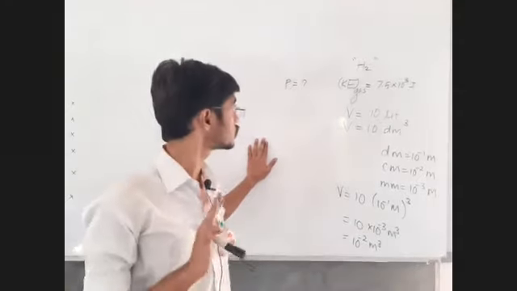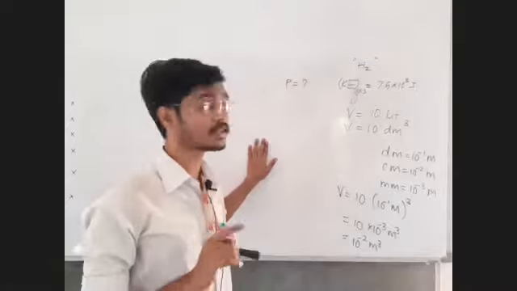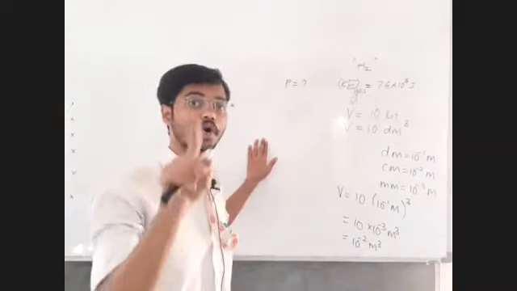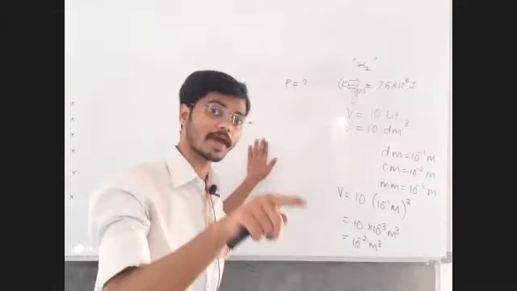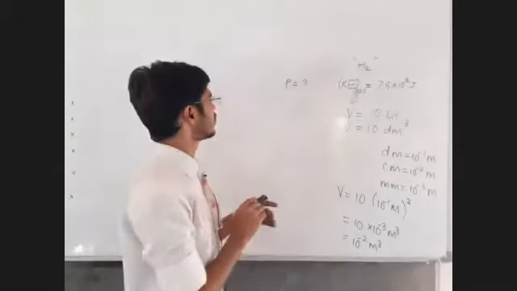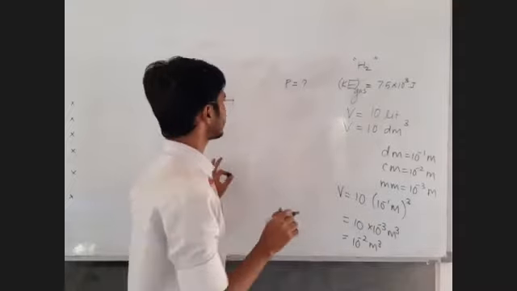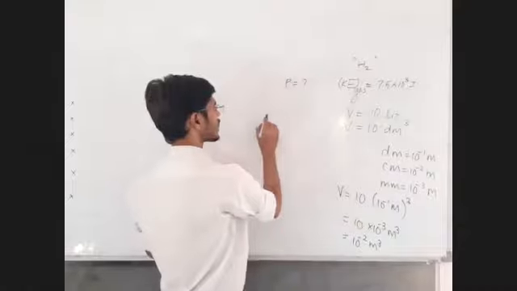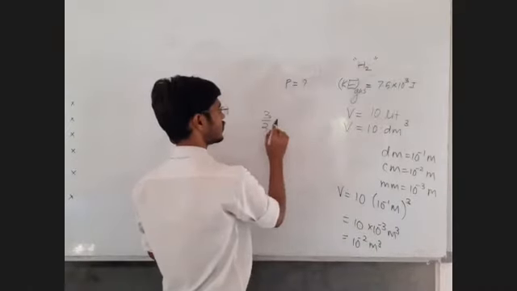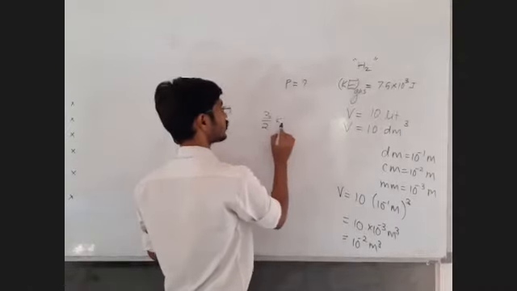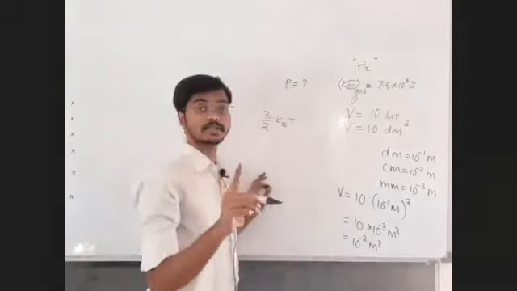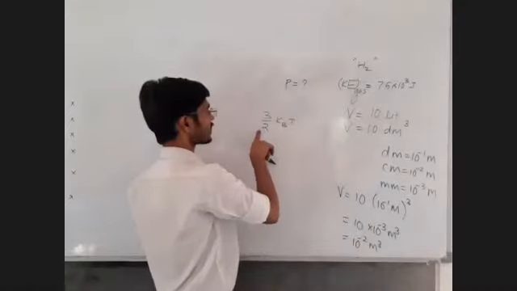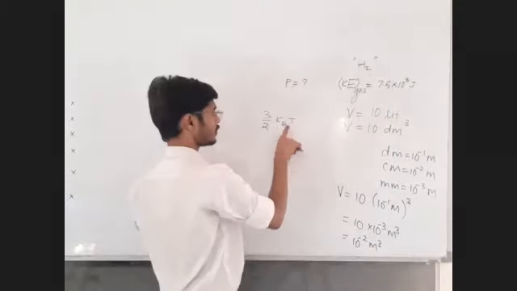So you know what the formula is for kinetic energy of a gas. Kinetic energy of a molecule, we know. Kinetic energy of a mole, we know. Kinetic energy of a gas, we also know. Shall I write all those formulae again? If you are asked the kinetic energy of one molecule, it should be 3/2 kBT. We are dealing with translational kinetic energy. Translational kinetic energy of one molecule is 3/2 kBT.